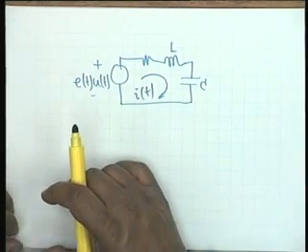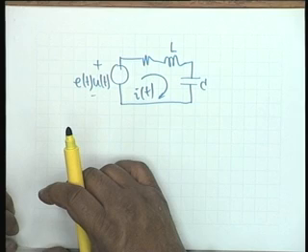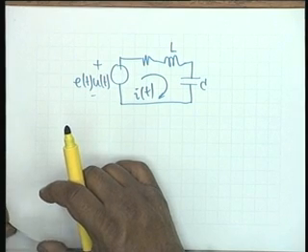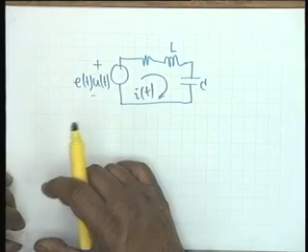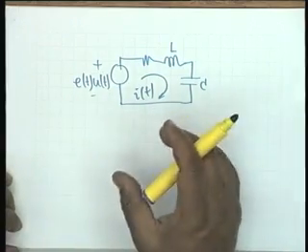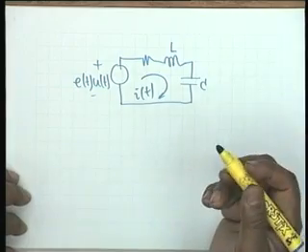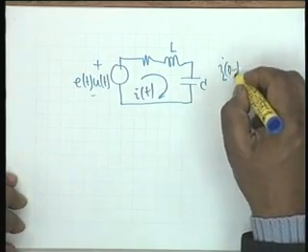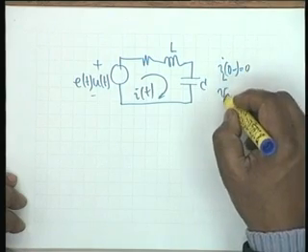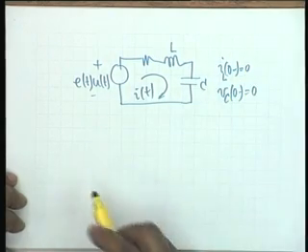You have done this exercise in W110. We will do it slightly differently. We will take the Laplace transform and then try to solve it. Okay. In the process, we will bring certain terms into focus. We assume that I_L of 0 minus equal to 0 and V_C of 0 minus also equal to 0. All right.